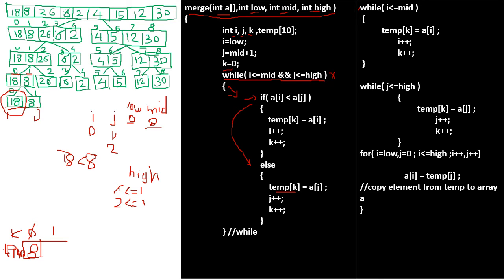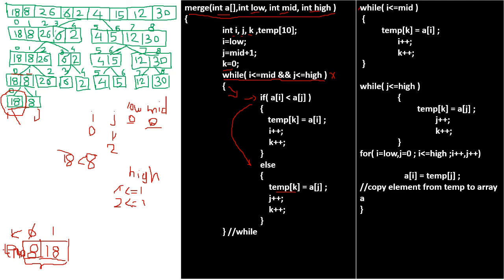That's why here we check this condition: i is less than or equal to mid. Yes, this condition is true. 0 is less than or equal to 0. Then temp of k, where k value is 1, is equal to A of i. A of i is 18. Then at the first index, our 18 value will be stored. Okay, here if you observe, we get our sorted elements, that is 8 and 18.